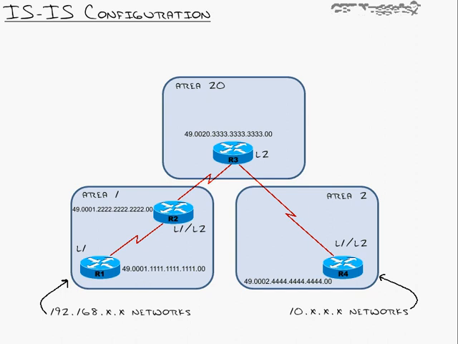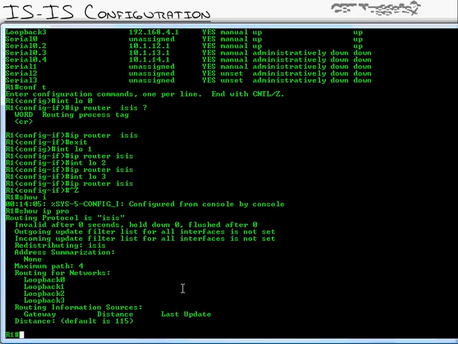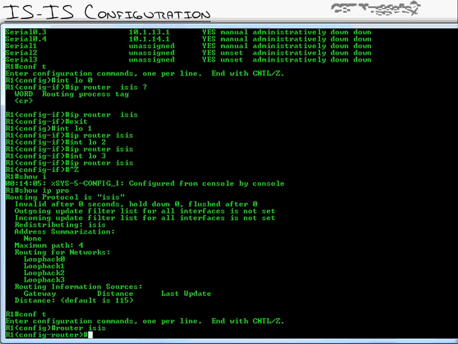Now before we turn on ISIS on our serial link here, there's one thing I should mention. The default router type for ISIS is level 1/level 2. So it will be an inter and intra area router by default, which in this case, I don't really want. I want to make sure router 1 is a level 1 only router. So here's how you do that. And I want to do that before I configure the serial interface because I don't want it forming unnecessary neighbor relationships. I'm going to go under the routing process, router isis, and all I do is type in is-type